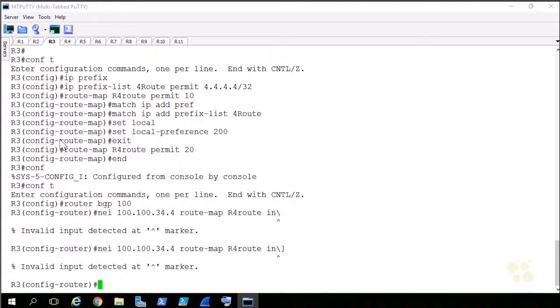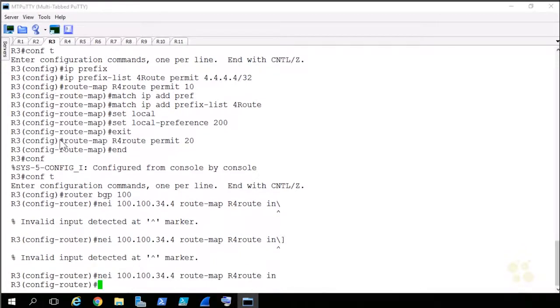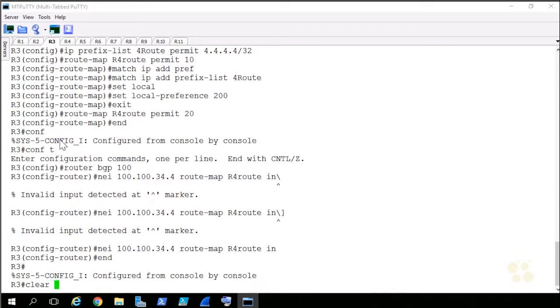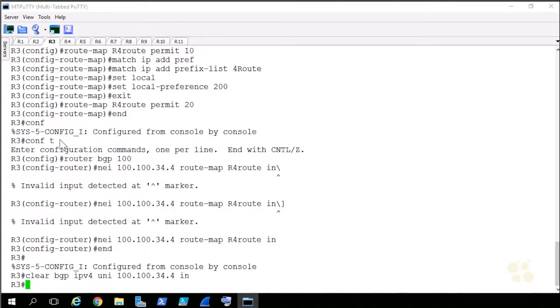Too many characters there. There we go. End. I'll just give it a soft inbound reset. We'll say inbound. That way it resets that connection to R4, processes those inbound policies one more time, and now when I jump